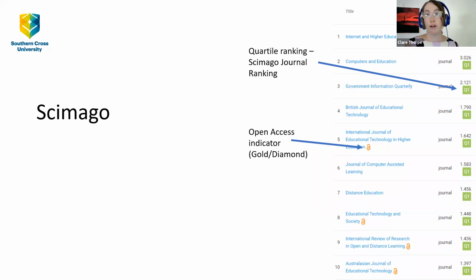The other thing you can see very clearly on the Scimago list here, and I've just picked a discipline list, I think, for e-learning, is the little orange icon there, and that's the globally accepted symbol for open access. You can see on the screen that in the top 10 of Scimago's list of publications in the e-learning space, there are 4 that are open access. Now, from this information, I don't know if that means gold, will it charge me an article processing charge, or is it diamond? And really what I'd need to do is go to our next tool, which is Sherpa Romeo, to find out that information. So that's what we'll do.